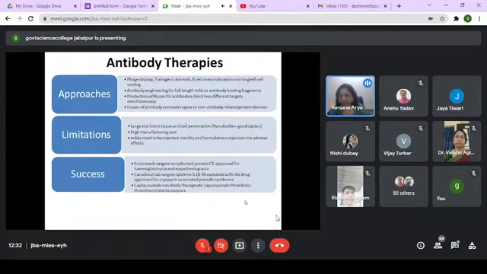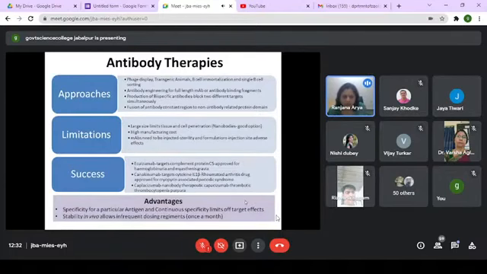And like you would all have experience with the vaccines, Covaxin and these, you always have the injection site adverse effect, which could limit the patients from taking up these antibody therapies. Next, please. So there are limitations with respect to the antibody therapies, but still we have a lot of success that can be considered for developing antibody therapies.